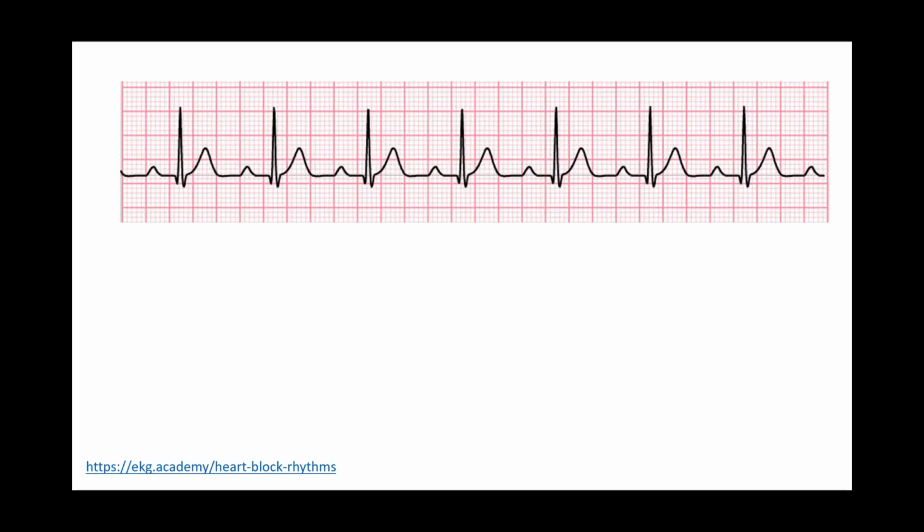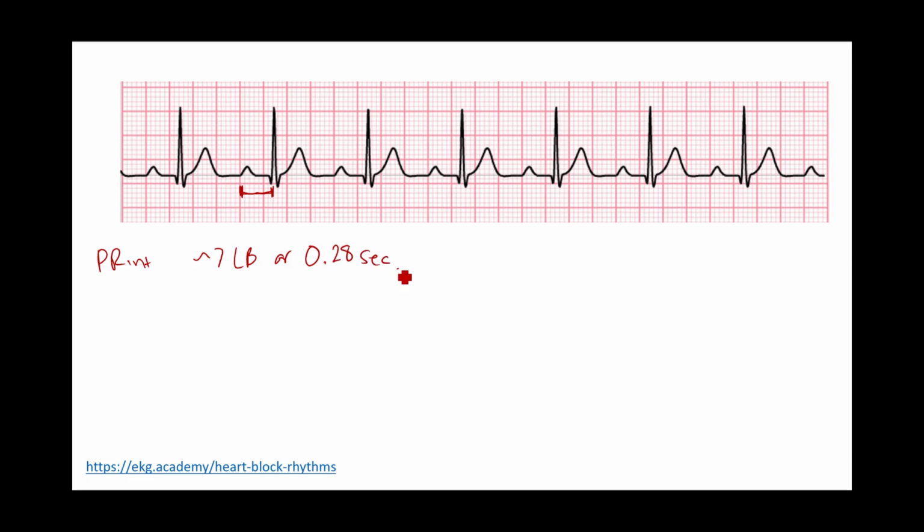Okay, pause the video, give this one a shot. First thing we want to look at is the PR interval. To look at the PR interval, we have to look for the P wave. It's going to start in the beginning of the P wave and end where the QRS complex begins. So you can see it here. And actually over here, it's more than 1 big box. It's more than 5 little boxes. It's about 7 little boxes. Or if you did the math out, that comes out as